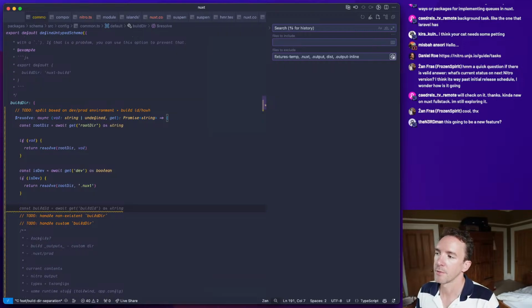If it's not dev, then we're going to return a build directory, which has a